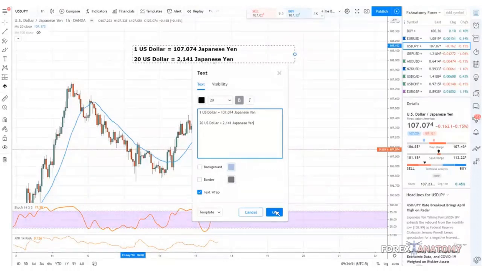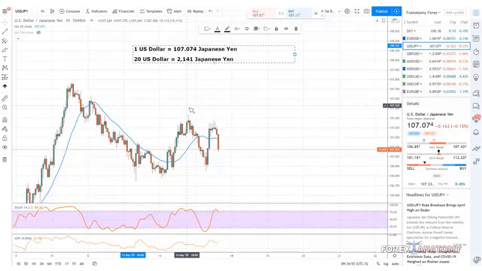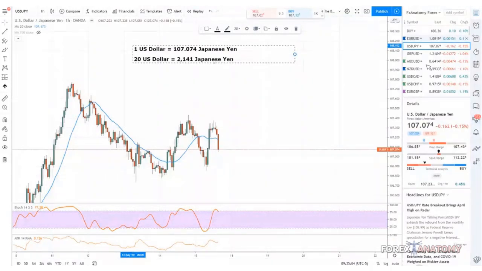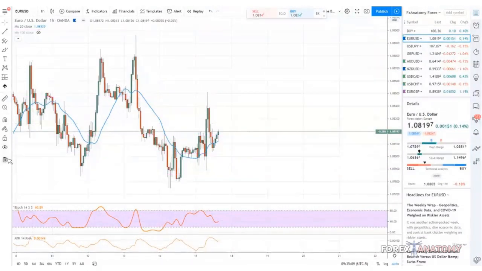Yeah, right there. All right. So I hope that makes sense. Let me know if that doesn't make sense. But if it does make sense, then we can definitely move on. But what you're doing is trading one currency in exchange for the other. Let's go to the Euro USD, right? And I know I have these lines. Let me clear this out right quick.